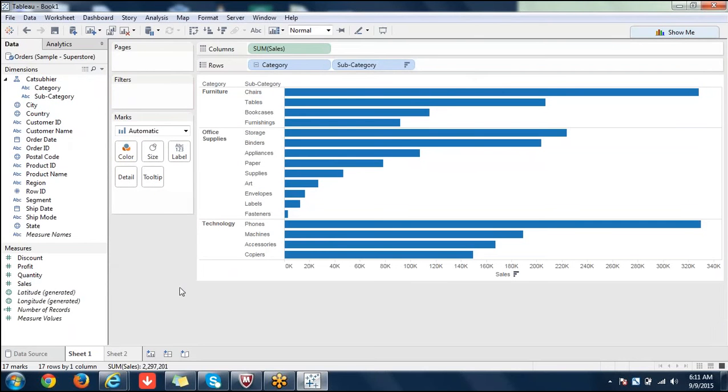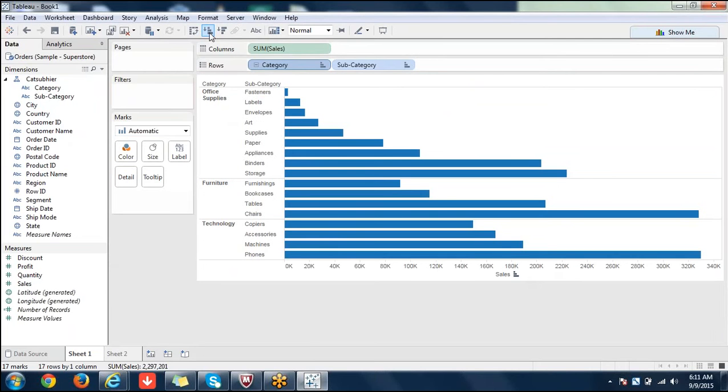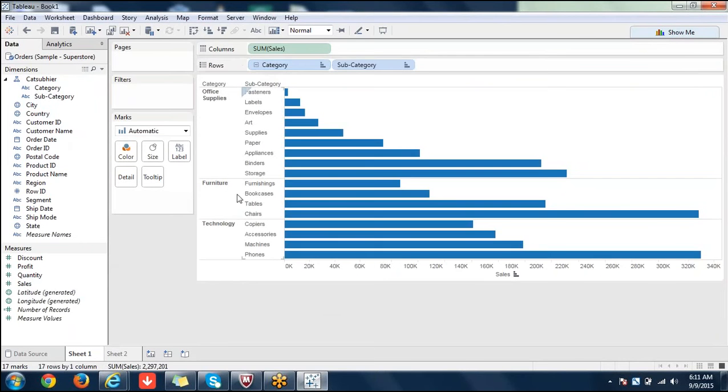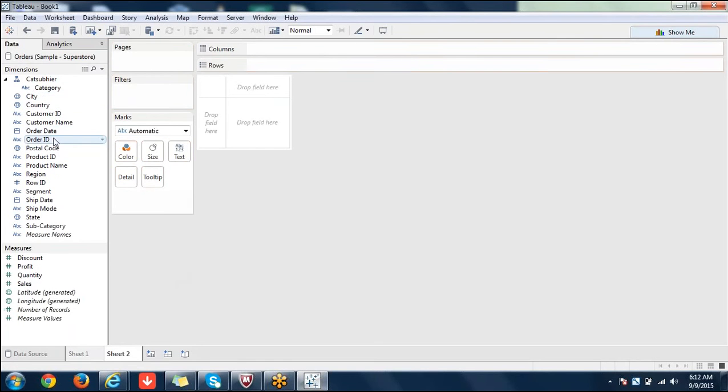This is category and subcategory. I am pulling sum of sales. Now, if I sort by, still it's not sorted properly. Okay, good. Now that category and subcategory have a relation, I'll try to create a context filter. I'll show you what a context filter is. Anyway, I'm not using that hierarchy. I'm removing that hierarchy to show you the context filter.